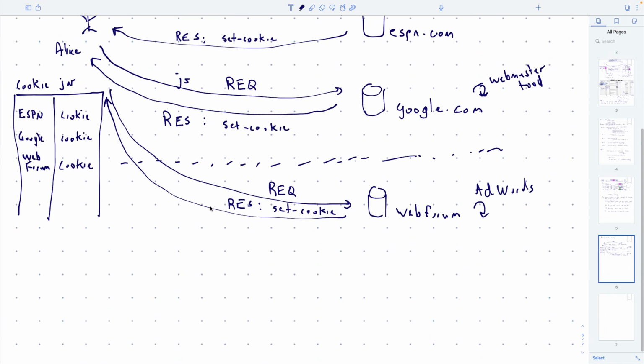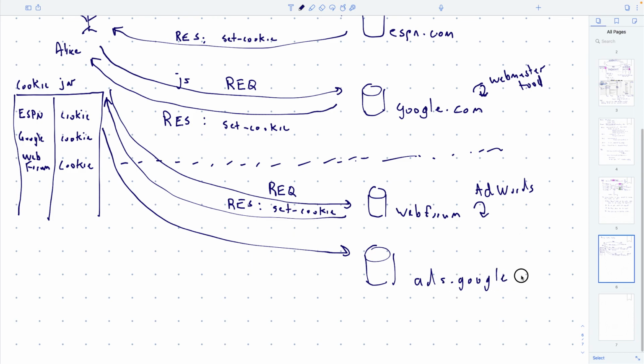So you get your response back, and the response says, hey, now you have to go over to Google, and we want you to load an ad from Google. Okay, and we're going to assume that when we set the cookie here, that Google sets it for star.google.com, which it's allowed to do. Okay, and so in the background,